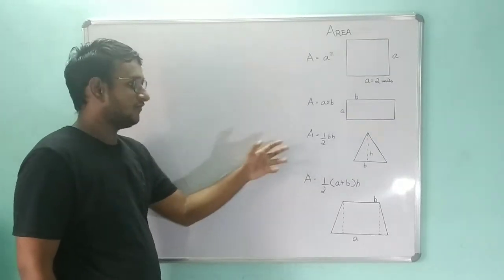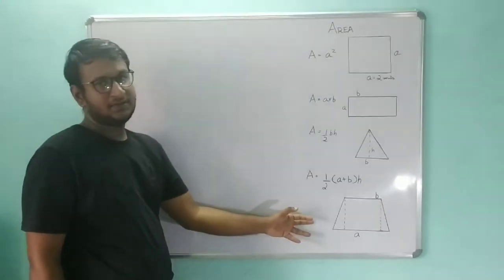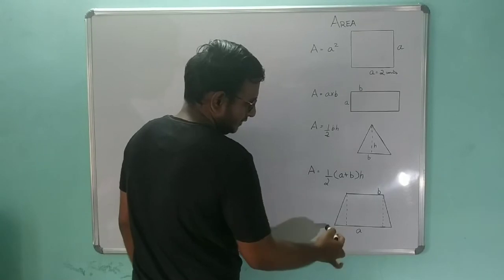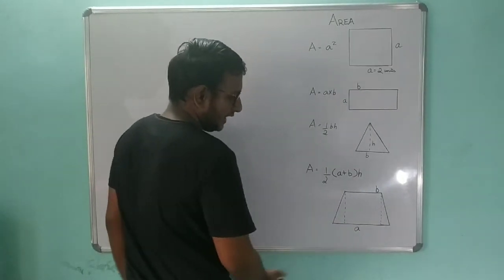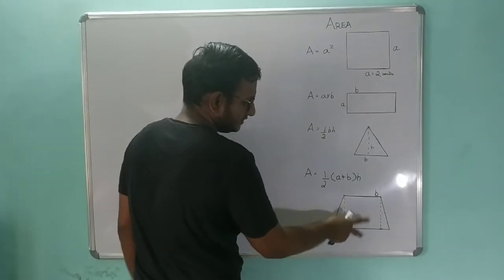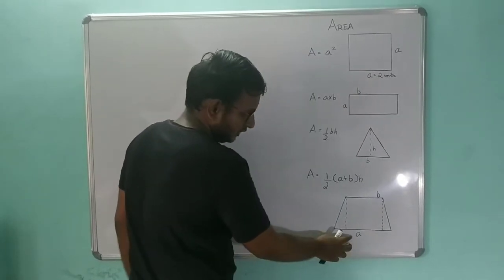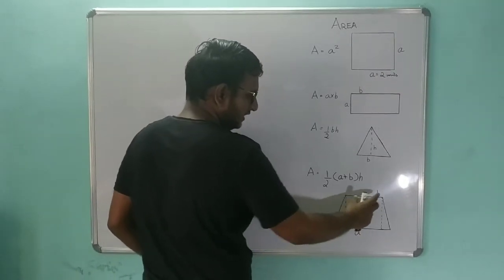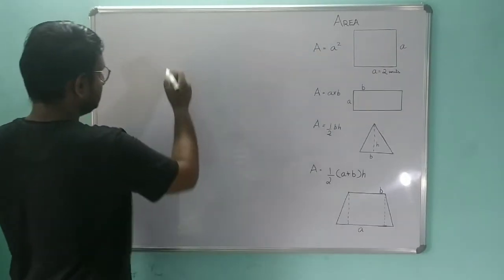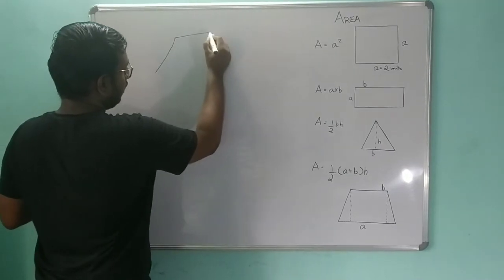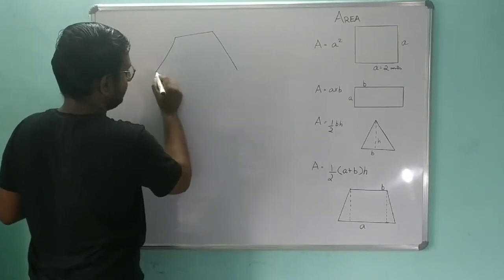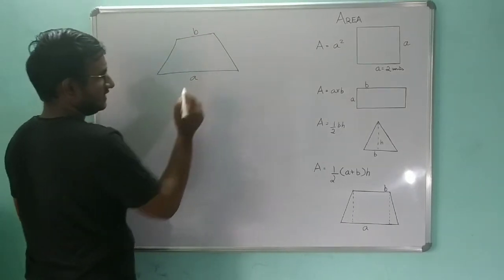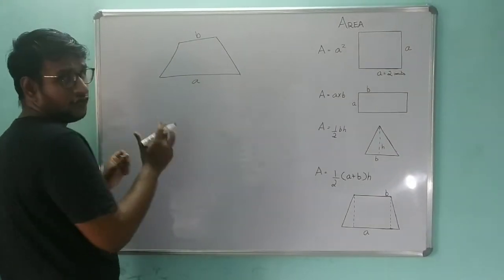Having seen the area formula of a triangle as well, now we will go to the trapezium. So this is a trapezium. It will be diagonal over here like this, and the opposite sides will not be the same. Here we can see that the length A is bigger, whereas the length B is smaller. Let's assume this as B and this as A. Now we are going to find the area formula of a trapezium.